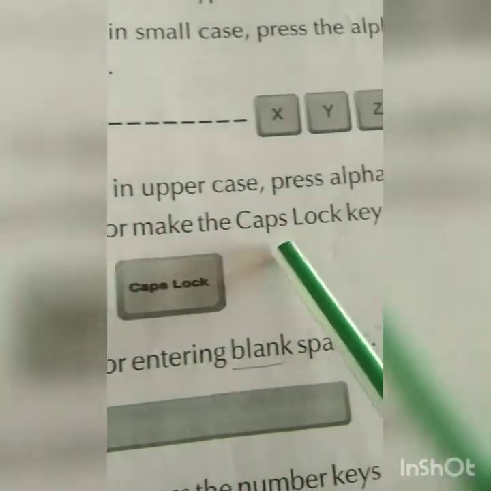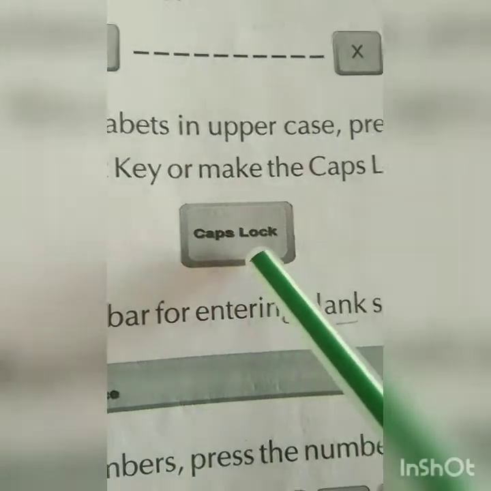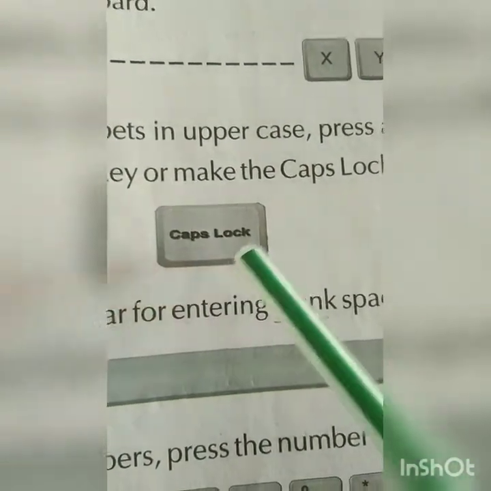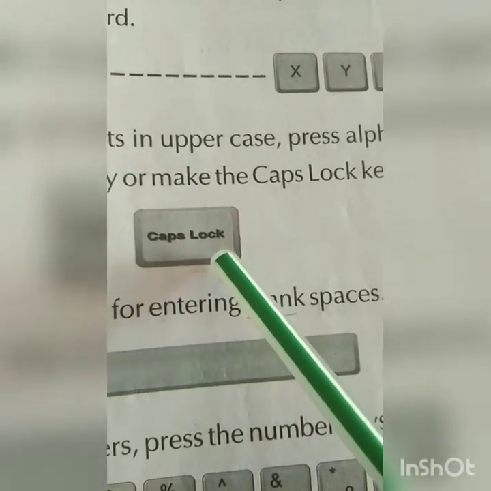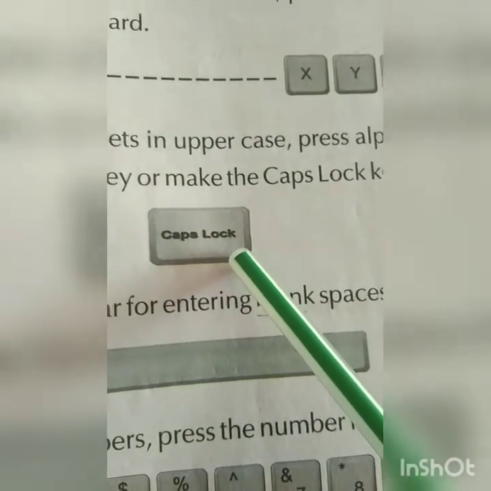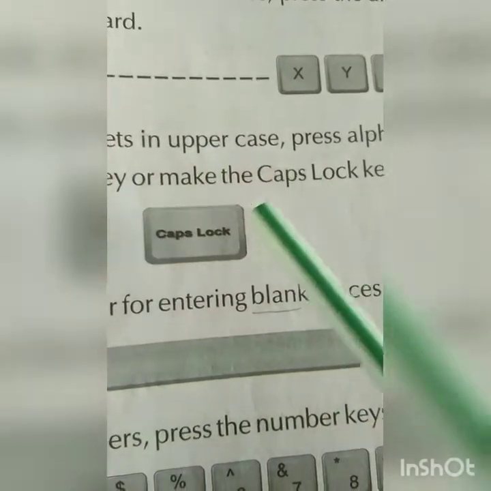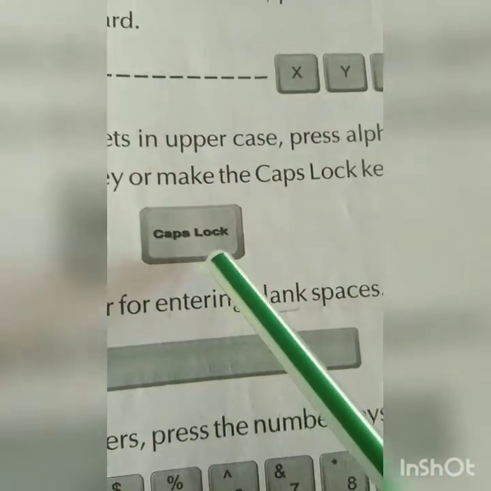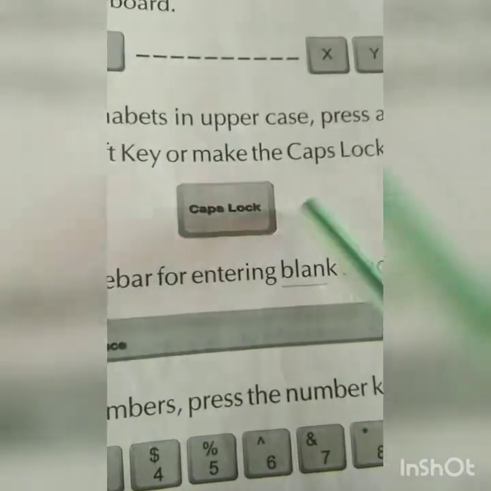Or make the caps lock key on. One key is given in the keyboard, caps lock, and when it is on you can write everything in capital letter, but if it is off it will come in the small letter. Now if you want to write in the uppercase, that is in the capital letter, just press this button caps lock, and you will be able to write in capital letter.